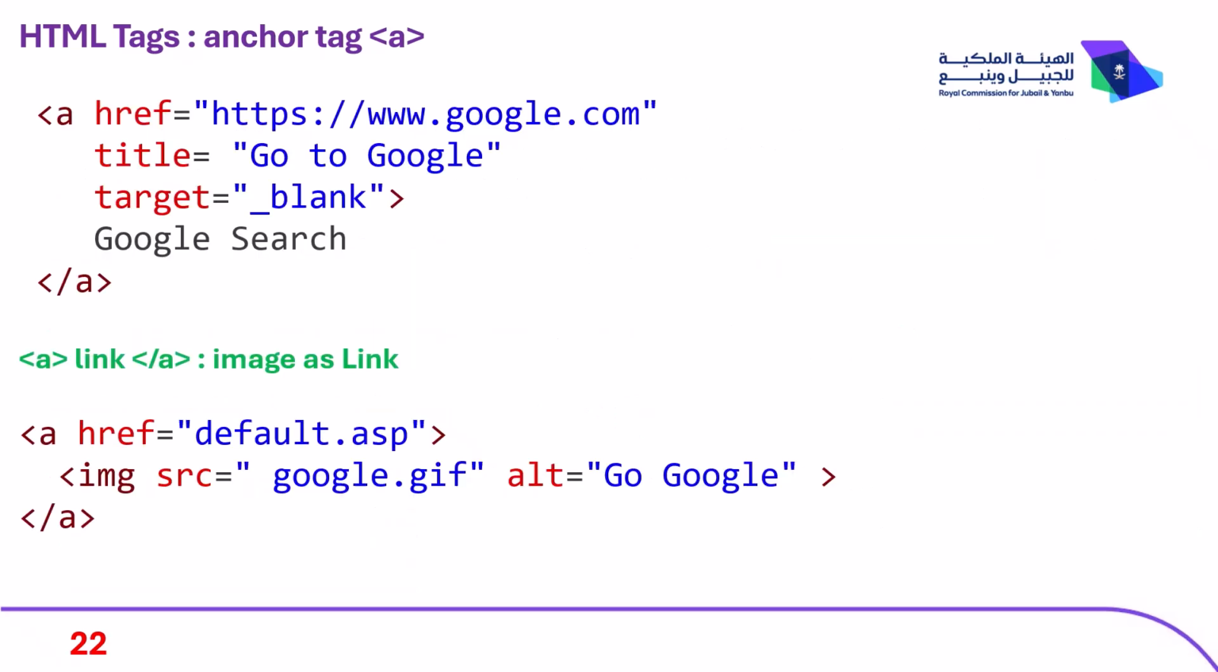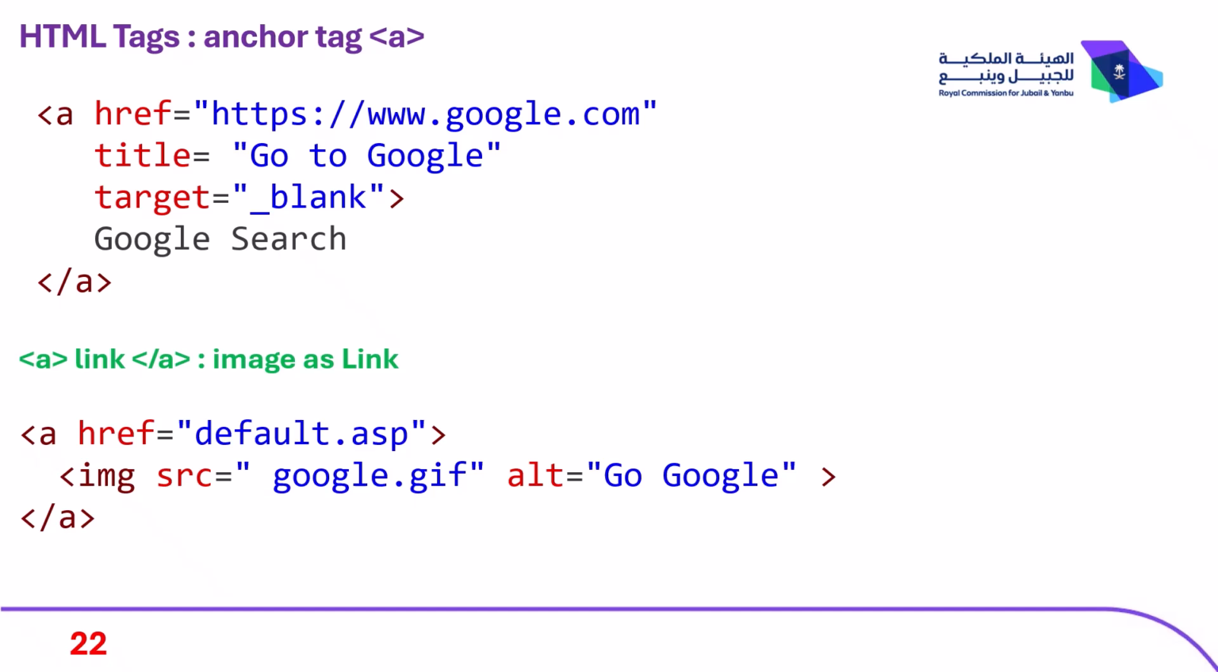As shown in the first example, the href attribute defines the destination URL, while the title attribute provides a helpful tooltip when a user hovers over the link. Additionally, using target equals _blank ensures the page opens in a new browser tab. We also see how to use an image as a link by simply nesting an img tag inside the anchor tags. In this scenario, clicking the image, which includes an alt attribute for accessibility, will redirect the user to the